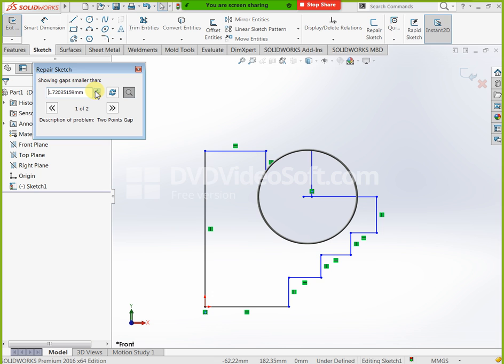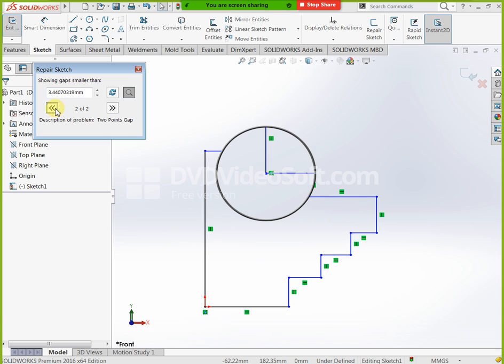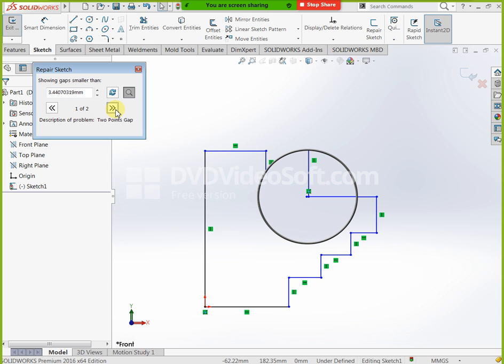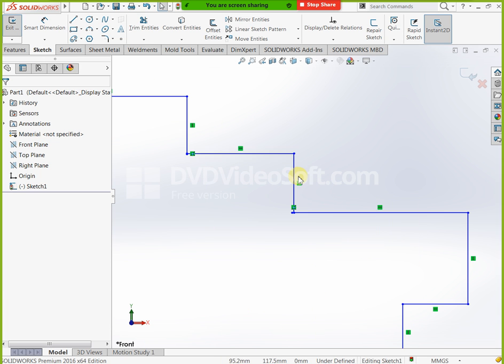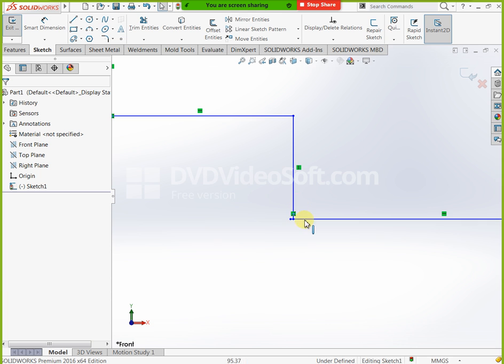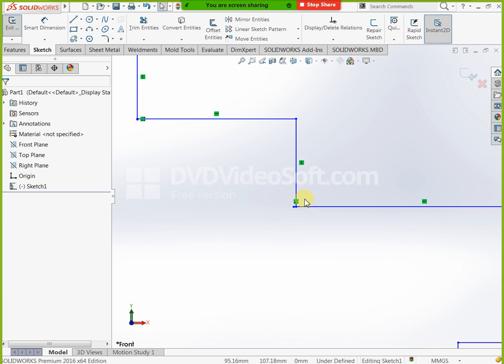Okay, already we know, now we can trim easily. Where we have an open profile or extra portion, that area first of all we need to find out. How can we find it? By using repair sketch we need to find it, and we can solve that problem. Okay, directly you can do trim here. Select trim and you will take the corner.